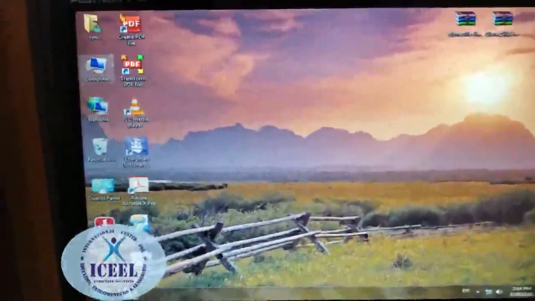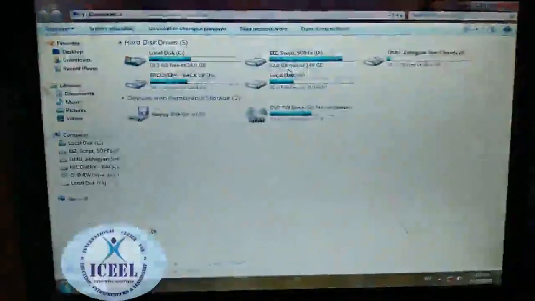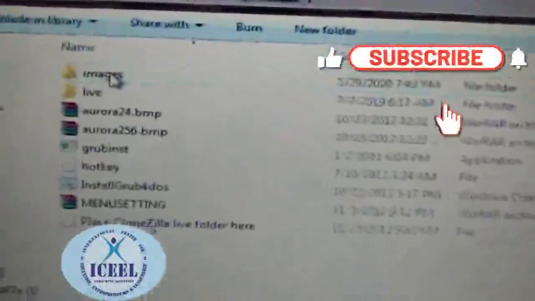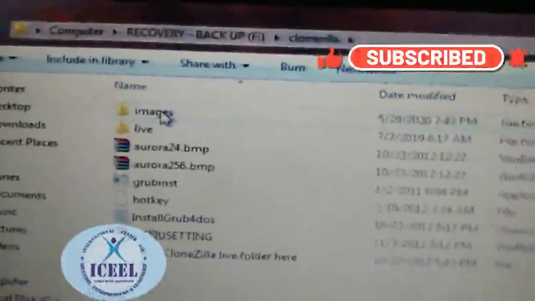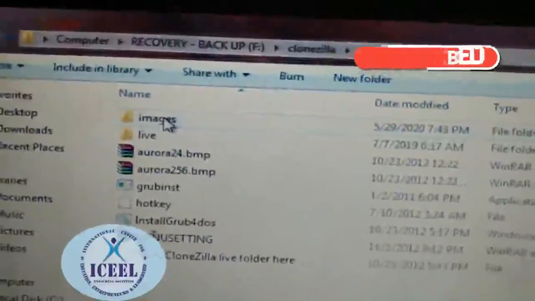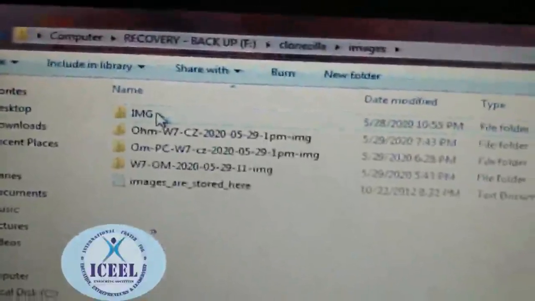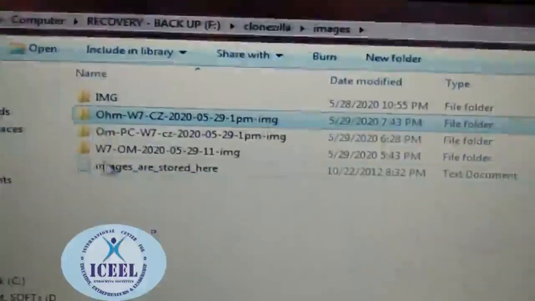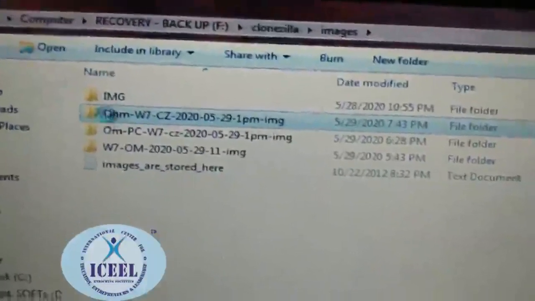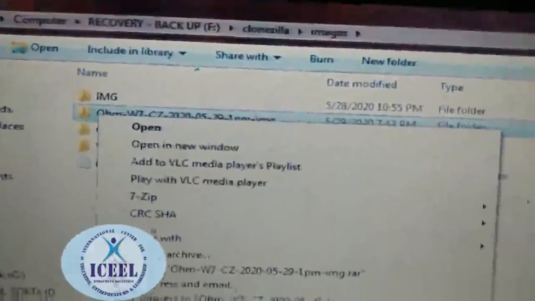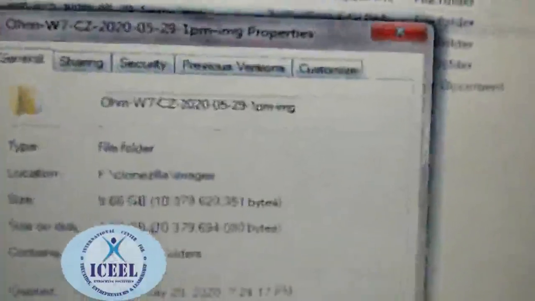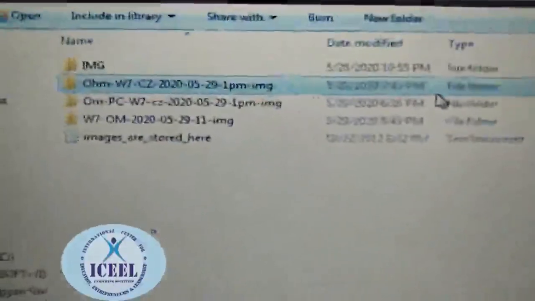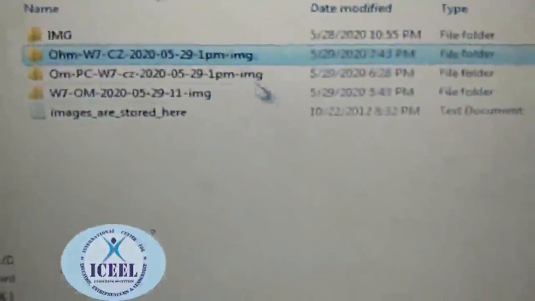Now my PC has started, and I want to show you the backup file generated in my recovery. I'll go to Clonezilla. You can see the address. The drive is the same recovery or backup drive, that's the AF drive, in which there is a Clonezilla folder, which I'll click. You can see over here the last backup generated is stored. It is approximately 10 GB. I'll show you in the properties. You can see it is approximately 9.66 GB. So this is the backup file generated. This is an image file. You can see here the last is IMG.